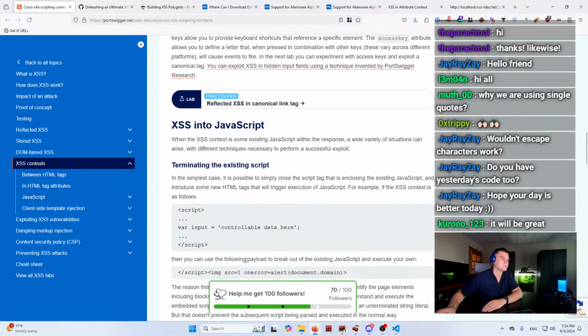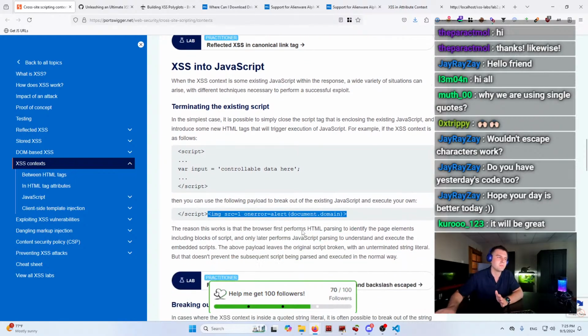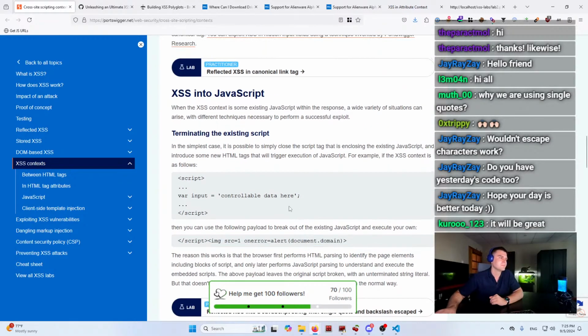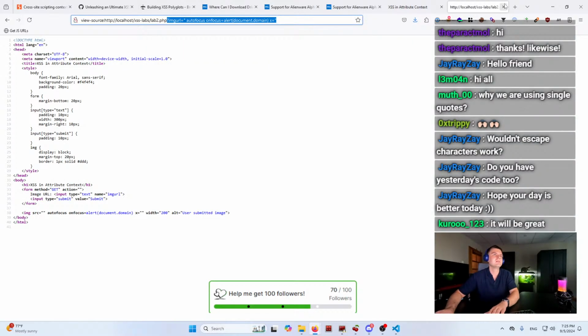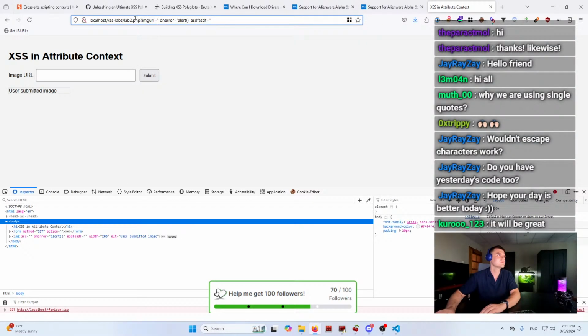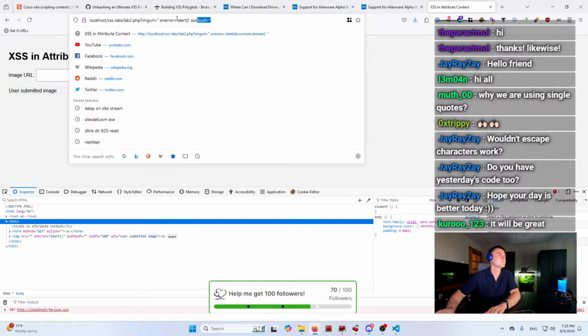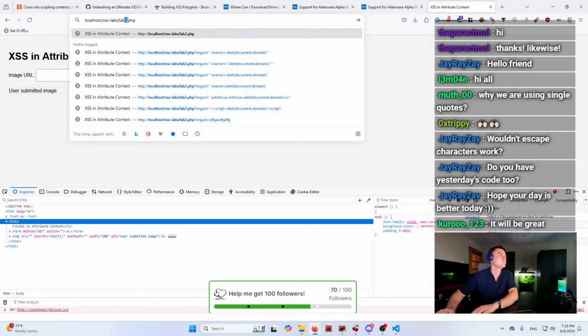Or what you can also do is close the script tag, so it won't read something here probably, but you will just basically close it and use other stuff. So there are a couple of ways to do that. Just to show you, I have lab 2 for that as well. So if I go to lab 2, lab 3,